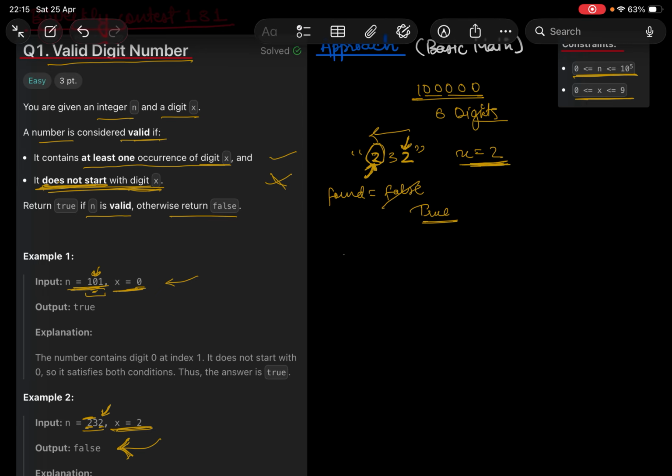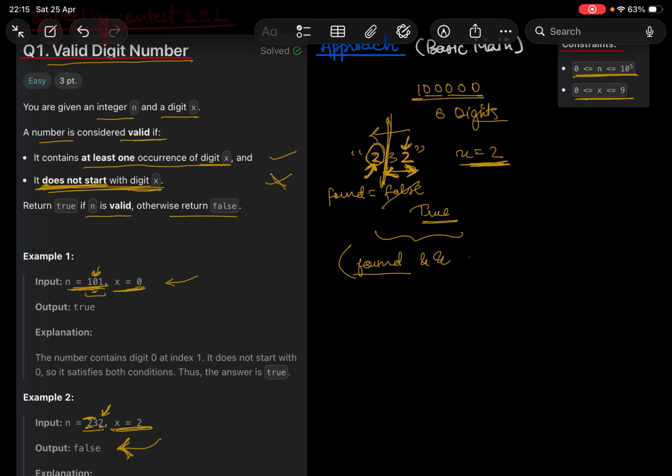So the last condition that I'm checking is that it should be found. There should be an occurrence from here only. I mean, not including the first digit, there should be an occurrence. We are not including the first digit in the occurrence. So except the first digit, in the remaining digits there should be an occurrence, which means I have found an occurrence, and